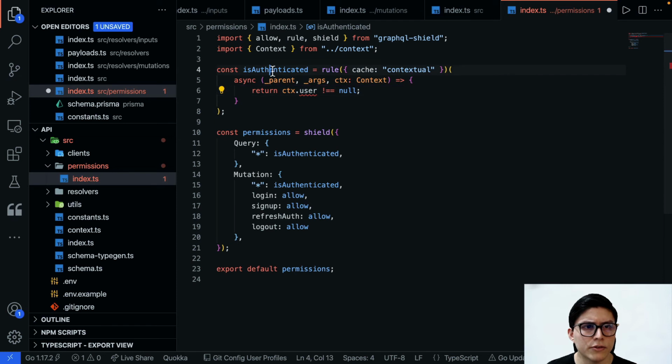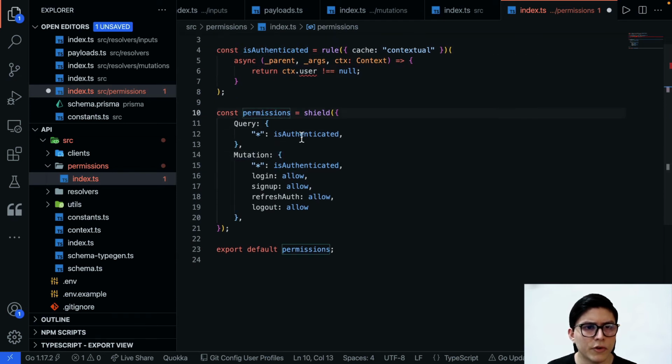And if that's not true, well, it means that you are not. So in here on the permissions declaration, GraphQL Shield allows us to specify the rule for all the different queries and all the different mutations. And later on, we can as well define exceptions to this rule. So the login, sign up, refresh, and logout are actually part of the authentication flow, and they should not be checking if the user is already authenticated.